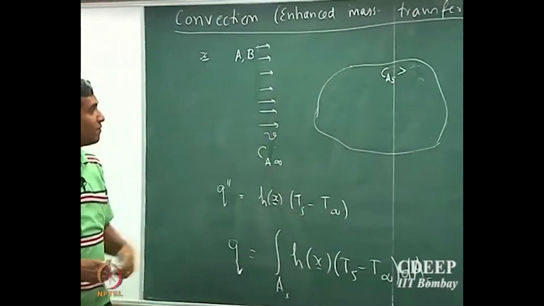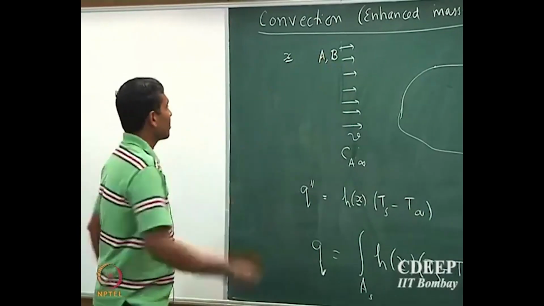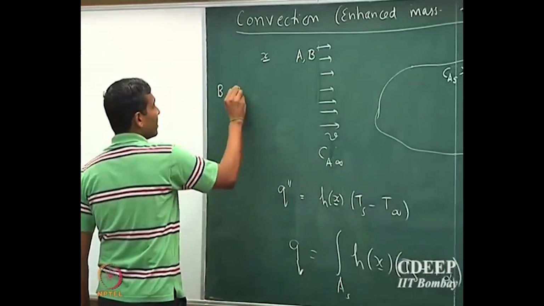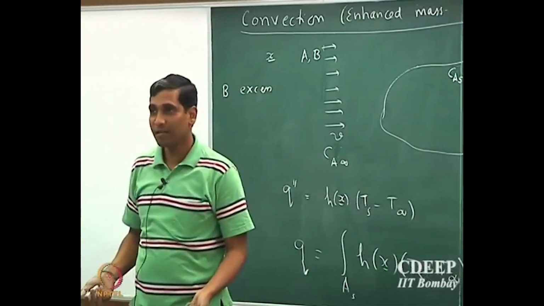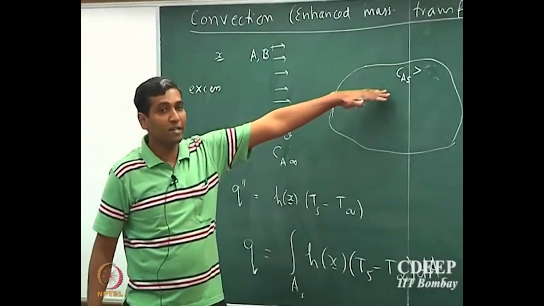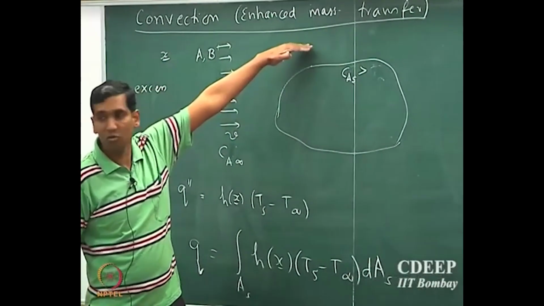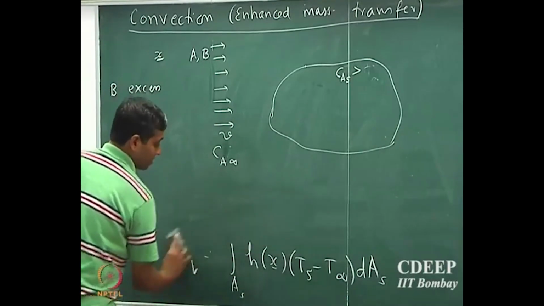So the diffusion process would be, we can assume that B is in excess, and we could assume equimolar counter diffusion, and therefore what we are really looking at is transport of species A to the bulk fluid outside,